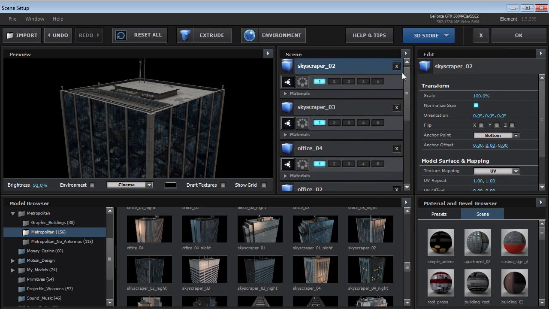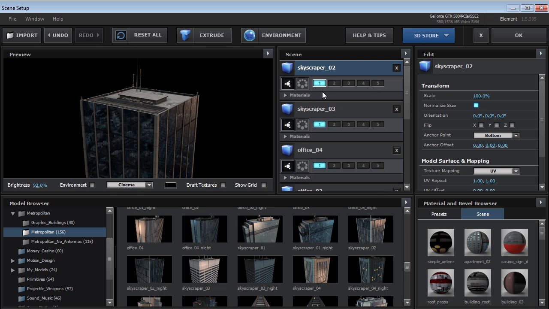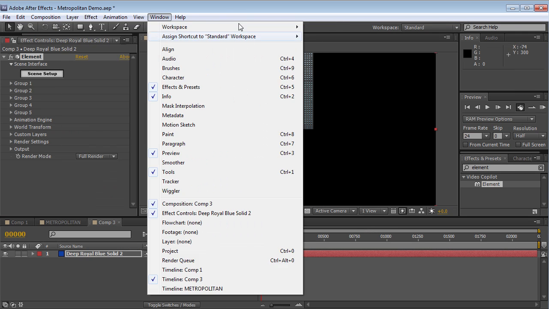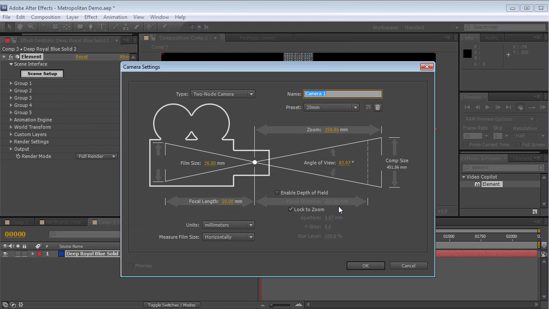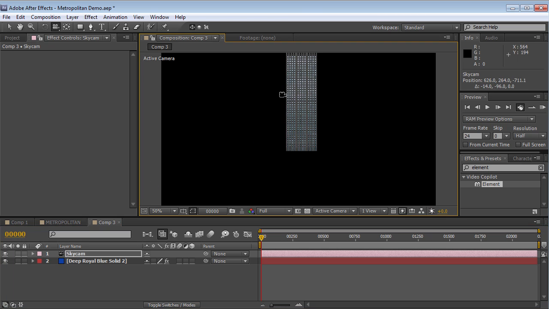So you really want about 6 or 7 different buildings, and we can collapse all the materials so that we can just see them real quick. And usually, you can make this full screen, so you don't have to work in a really small area. So we've picked all of our buildings, and they're all on group 1. So I'm going to hit OK. And then I'm going to create a new camera. We're going to call this SkyCam, because if I were in a helicopter, that's the name it would be. And we're going to pull back here